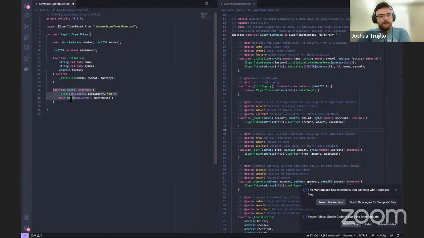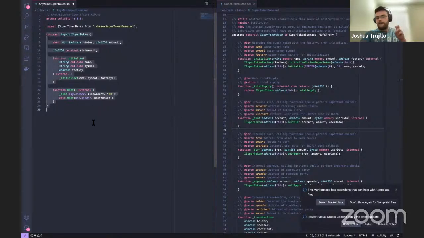So you can add any functions here that you want. If you want to add some other arbitrary logic, it doesn't necessarily have to be mint or burn policies or anything like that. You can pretty much add any of that right in here, which is really cool. And like I said before, because this is a proxy contract, any of these super token methods that you're used to dealing with, like your total supply, balance of, transfer, all these kinds of things,